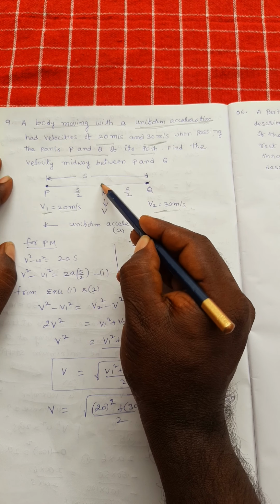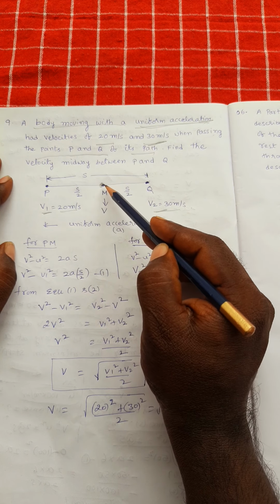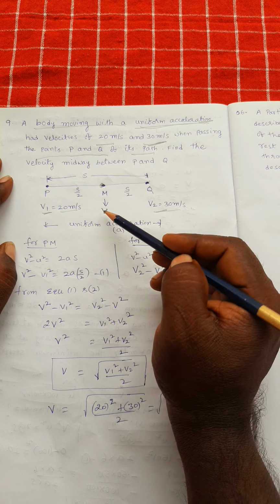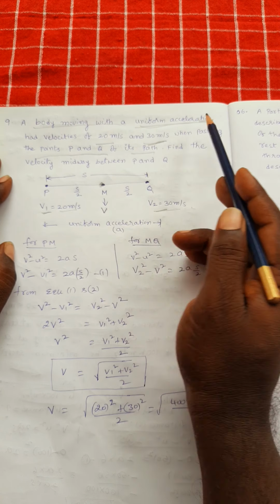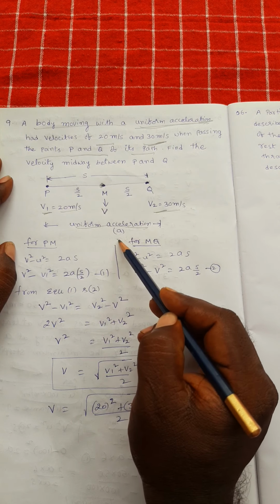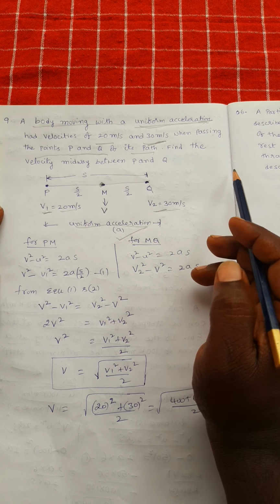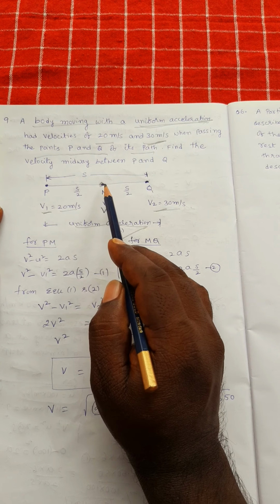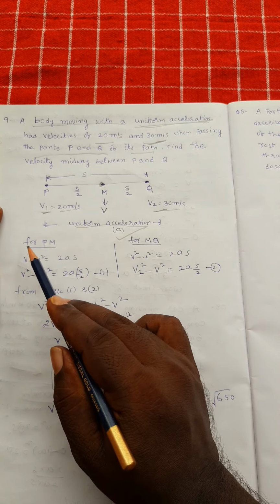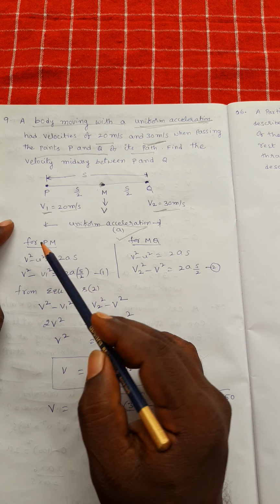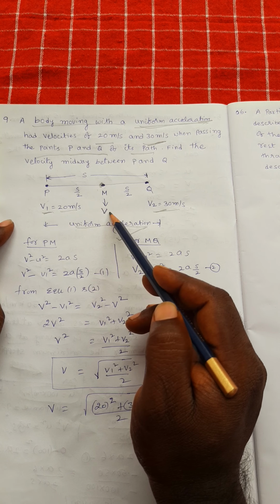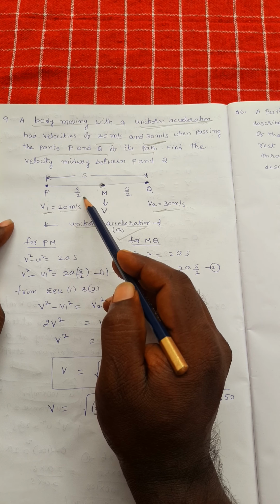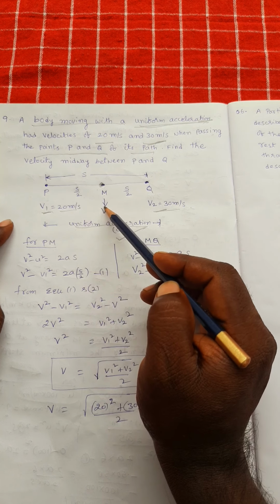So consider the midpoint between the points P and Q, M. To find the velocity here, consider the velocity is V. The body is moving with uniform acceleration A. Now here also you can take two cases. The first one is P to M, the second one is M to Q. For P to M, V1 is the initial velocity, V is the final velocity, and the distance is half. If you take total distance as S, the distance from P to M is S by 2. Initial velocity, final velocity, distance.